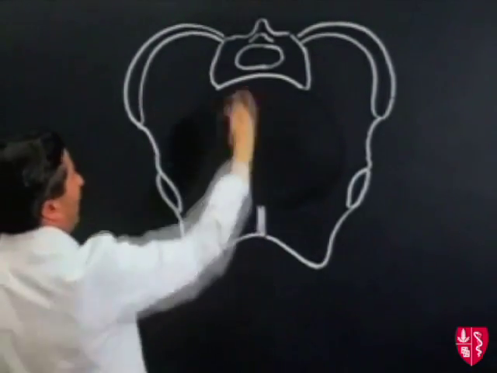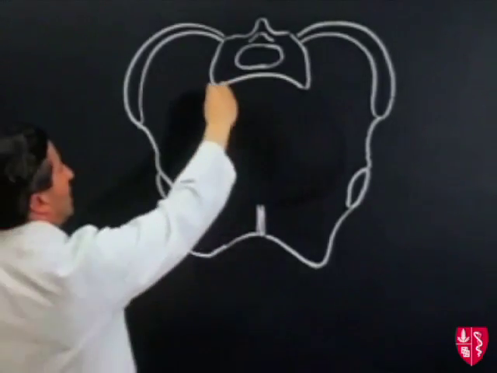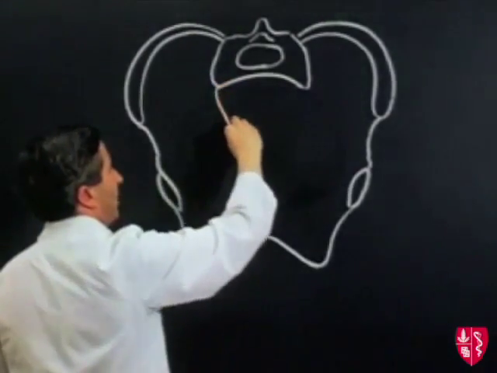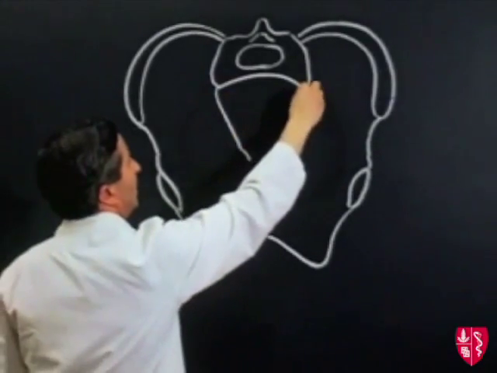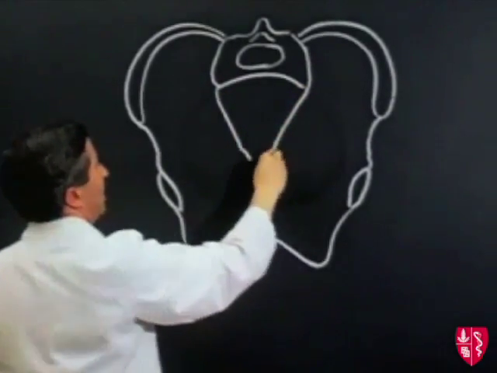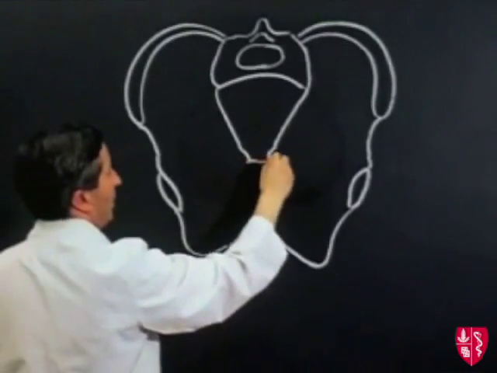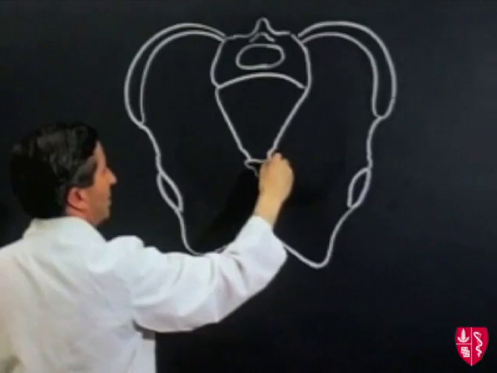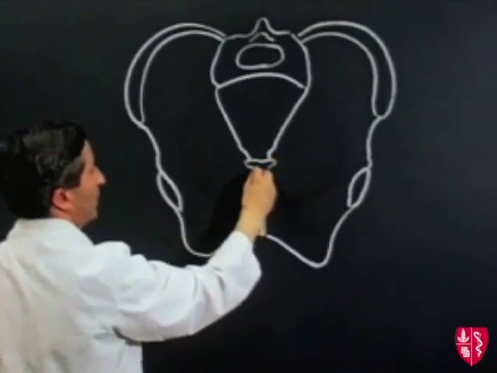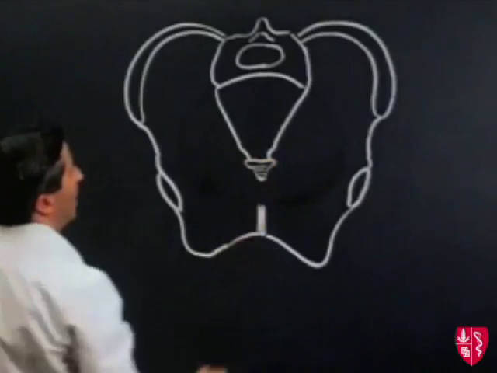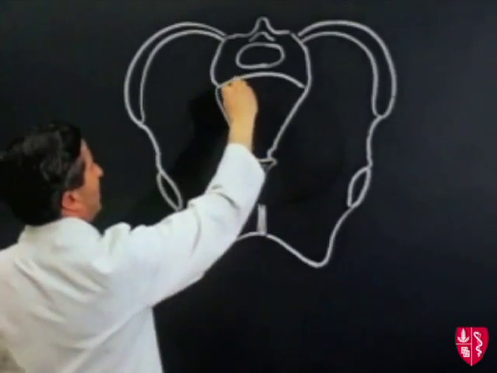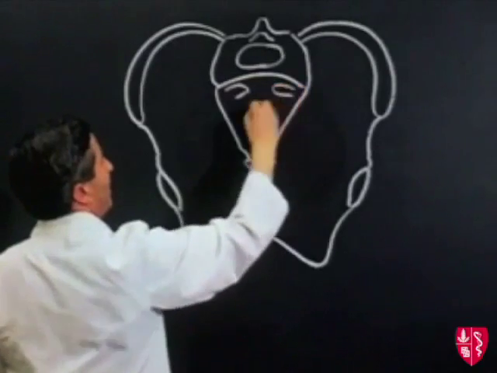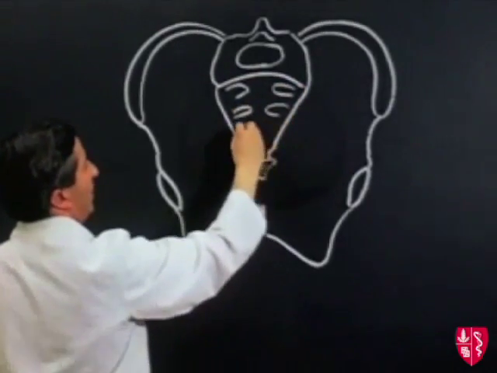And then coming back into the back part of the pelvis, show the anterior surface of the sacrum, articulating below with the coccyx, which is 4 small vertebral bodies fused together, and then showing on the anterior surface of the sacrum the anterior sacral foramina, of which there are 4,